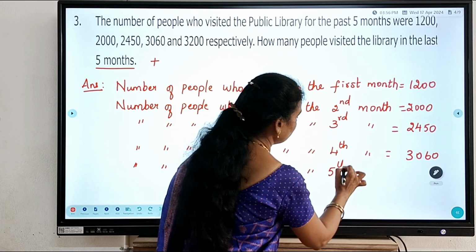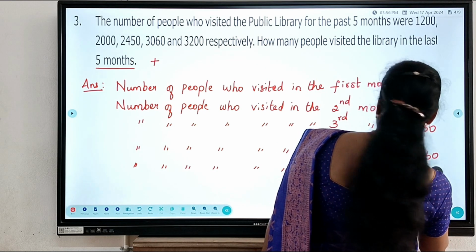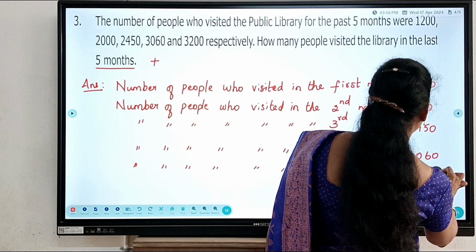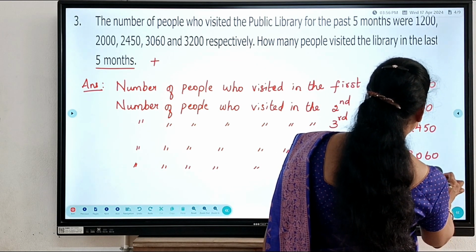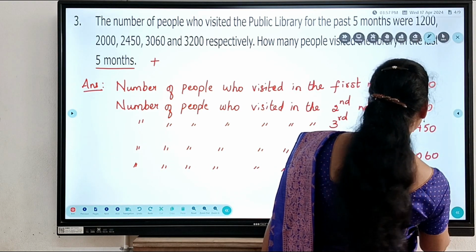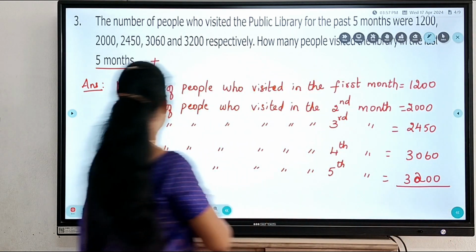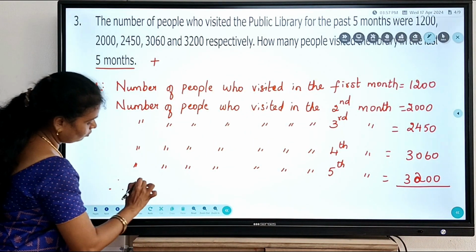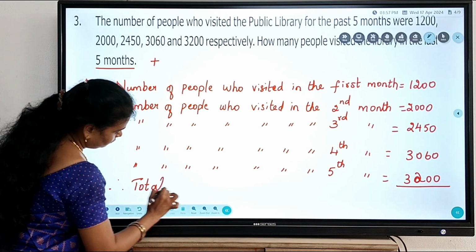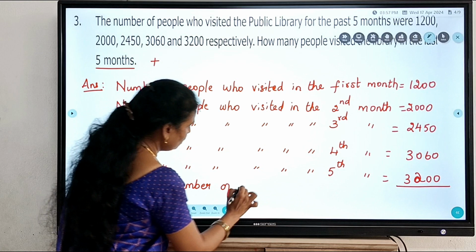Number of people who visited the library in the fifth month is 3200. Therefore, total number of people